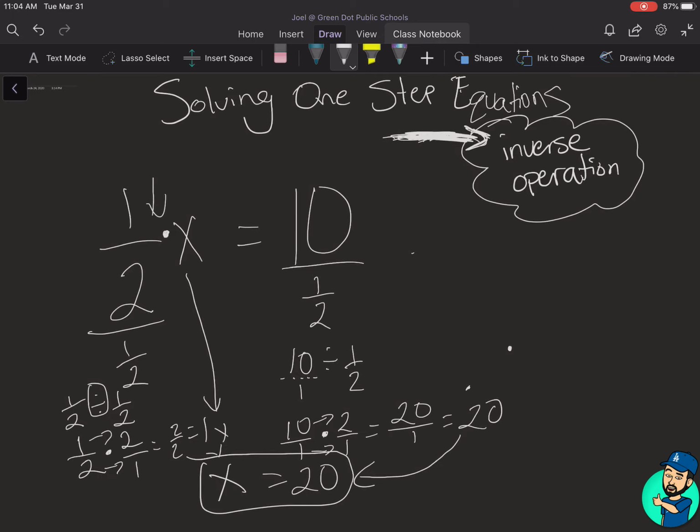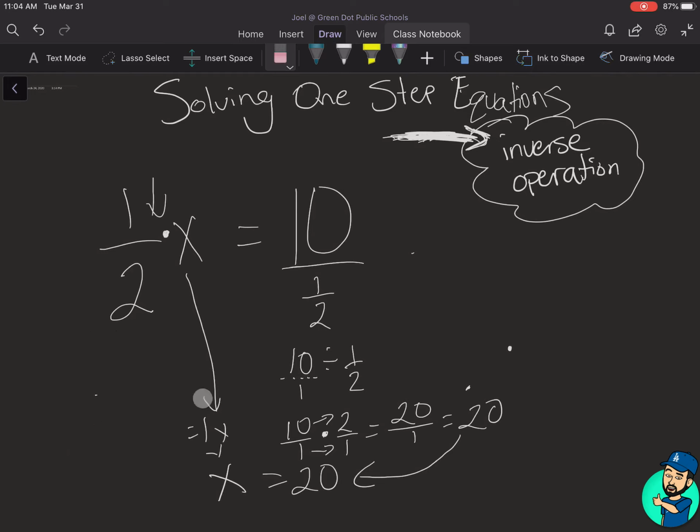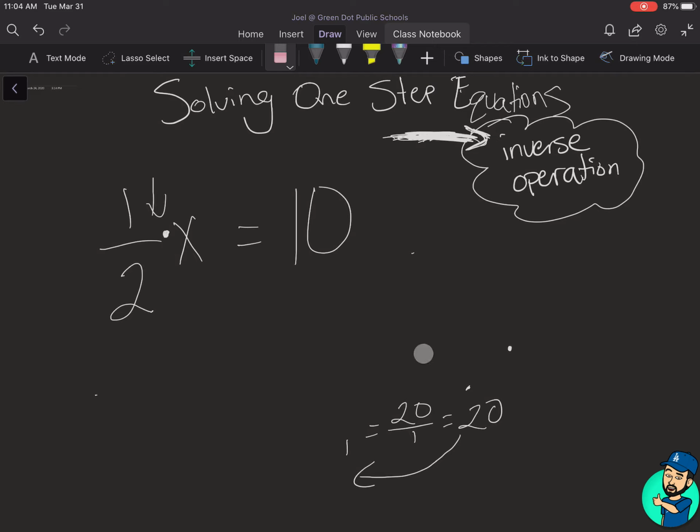I'm going to show you a shortcut to this problem. Okay? Let me erase all this so I can show you the shortcut. So we had the problem like this. Okay? Here's the shortcut. We have half x equals 10. What you need to do here is, since this is a fraction, which means division, you need to multiply by the